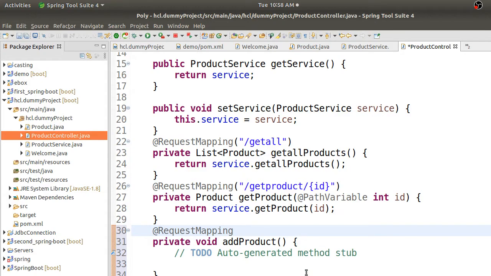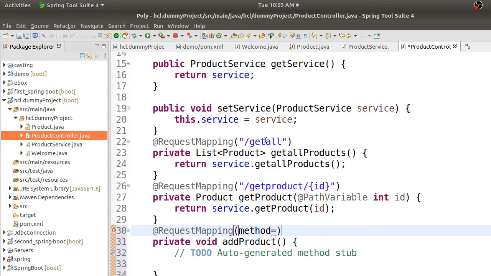The request mapping will slightly vary if you are going for a post request, right? So here you have to give an attribute, say method. You are specifically mentioning some other method. If it is a get request, by default this is a get request. If you don't mention anything, it is a get request. If you want to perform some other request, you have to mention it explicitly here.